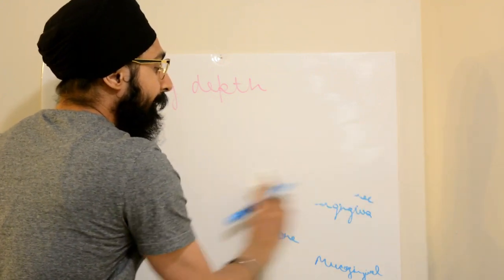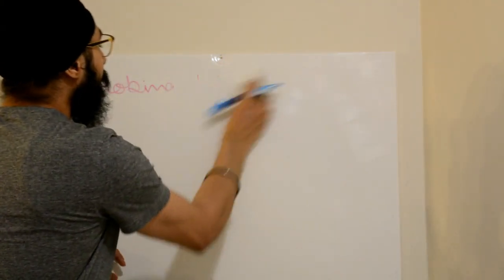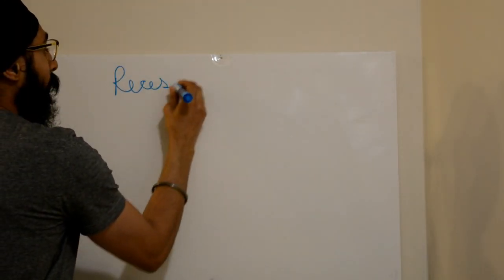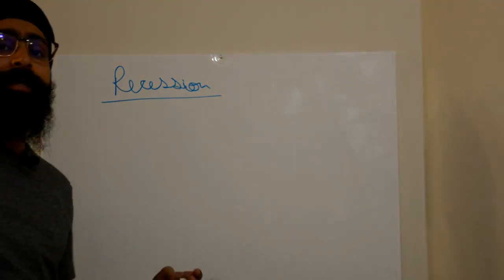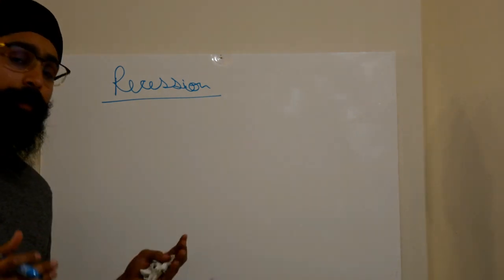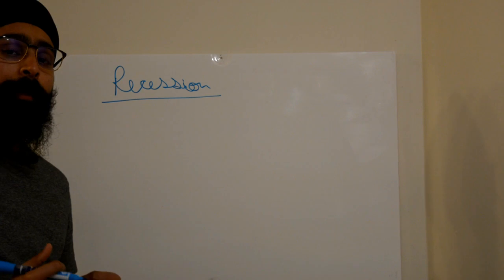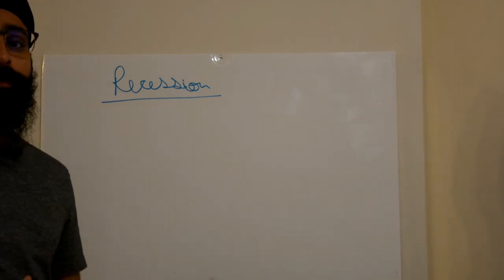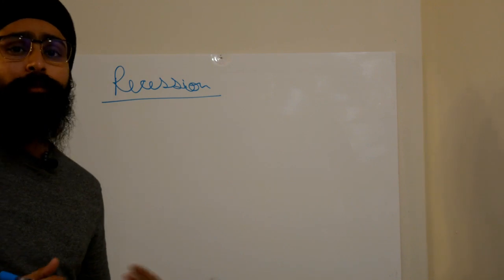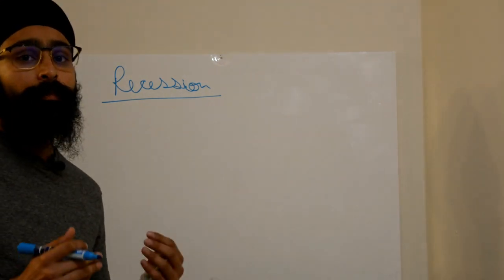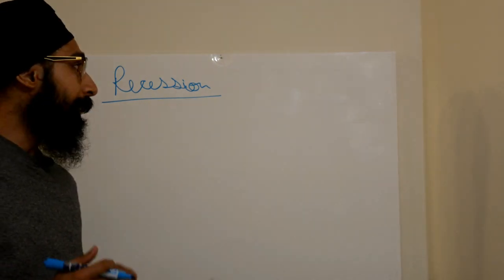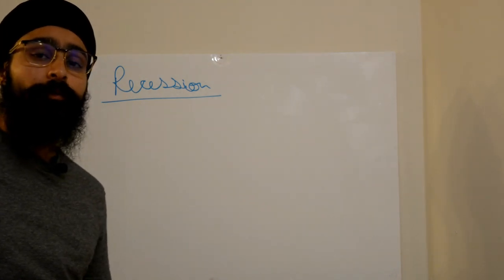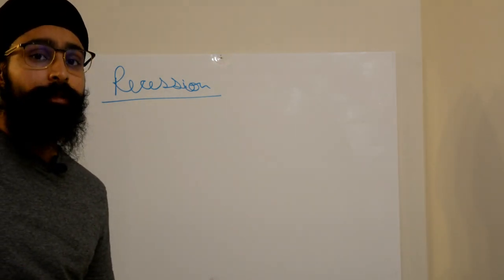Friends, recession is the term that we often use in periodontics. As I have already explained, in a healthy periodontium the free gingiva encircles the enamel of the crown of the tooth. But when periodontitis happens, or when there is loss of bone because of any reason, sometimes the gingiva recedes apically on the root surface. The apical receding of the gingiva on a root surface is called recession.